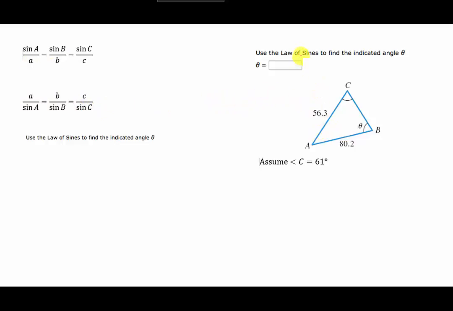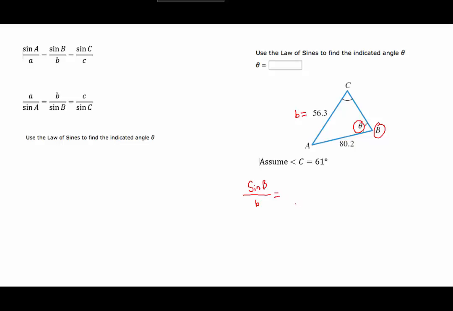for angle theta. So here is angle theta. That's what we're supposed to find. Now that's angle B in our formulas over there. So we want the angle. We're supposed to find the angle. So we'll use the form where we have the sine of the angle that we're looking for on the top. So that'll be divided by side B, which we know its opposite side is 56.3, equal to, now we'll figure